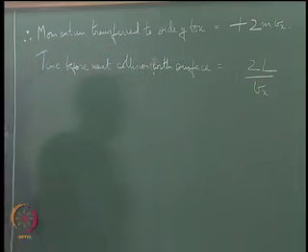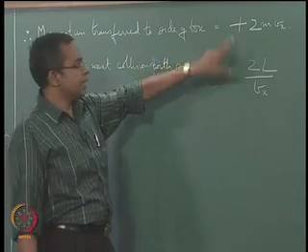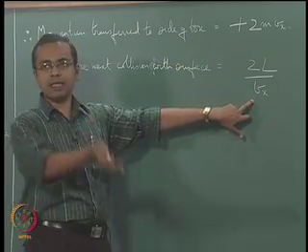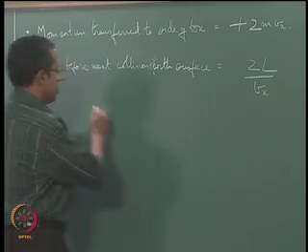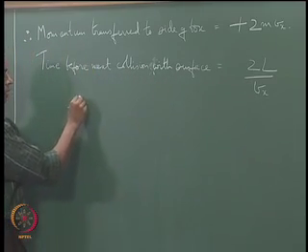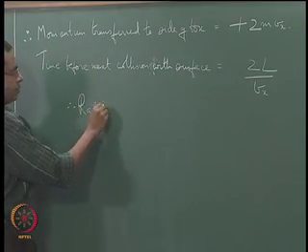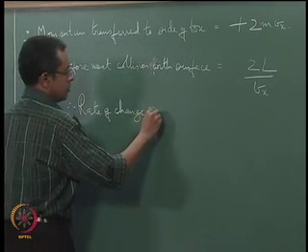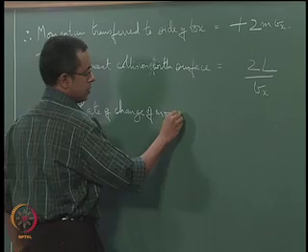is 2L by Vx. This is the time that it is going to take before it collides again with the same surface. It is transferring this momentum, and the time interval over which it is doing this transfer is effectively this, because that is when the next transfer will occur. So therefore the rate of change of momentum for the box